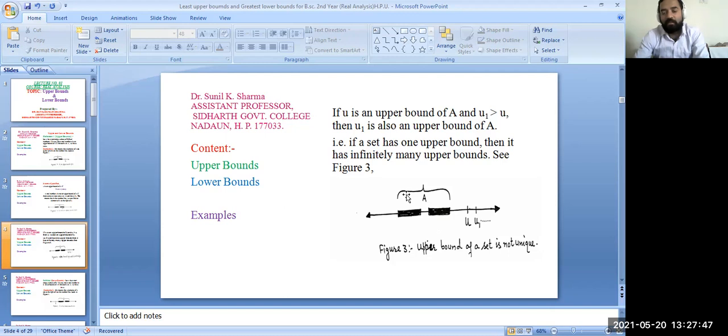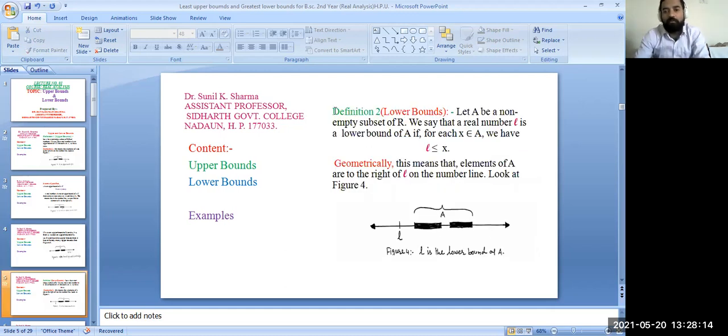When we say L, L means lower bound. When we say L is not a lower bound of a non-empty set A, at that point you can stop the video and think about lower bounds, and after 30 seconds or 1 minute you can start the video again and read the slides.